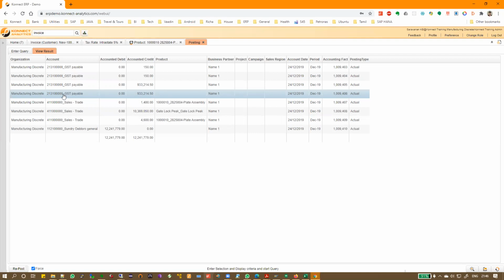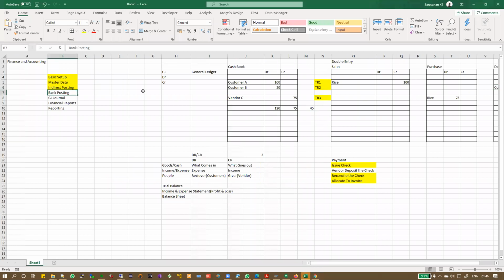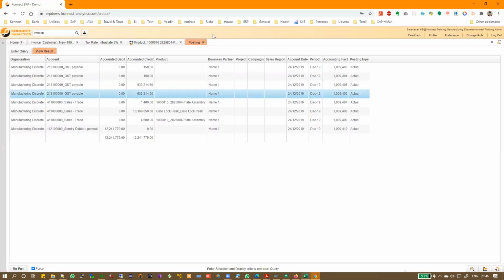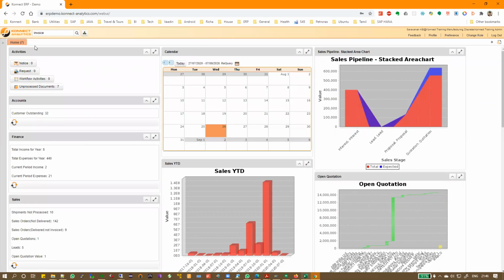Indirect posting happens. It is linked with the actual posting. How you make a direct posting and how the system works based on transactions, I have shown this. Oh, bank posting I've not shown you. All right. So far, any doubts? No. Okay. I have a doubt, KB.